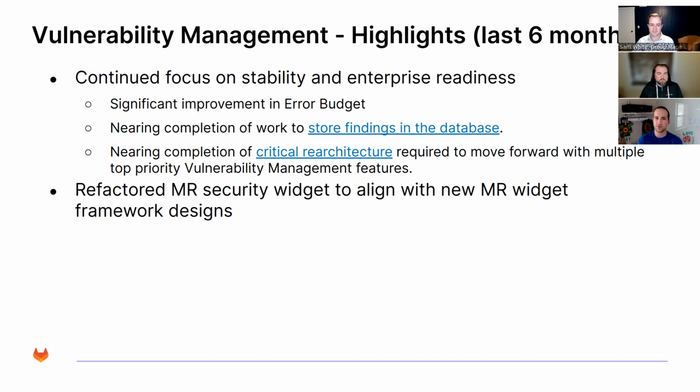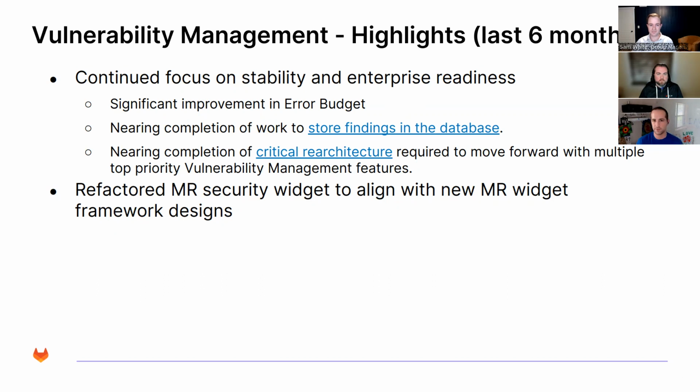We have continued to make a lot of behind the scenes changes to improve things. We call it error budget. That's how we track performance internally. And we're at a place where we're really very, very close to meeting the thresholds that we've set out. At the same time, we've seen a large increase in utilization, so we're making sure that we're scaling for not just what we've got today, but what we expect usage to be in the future.